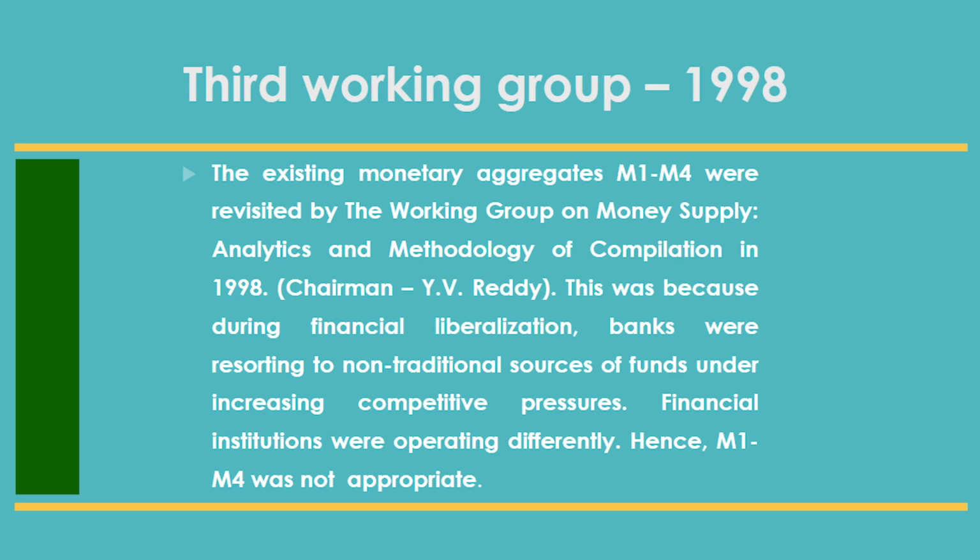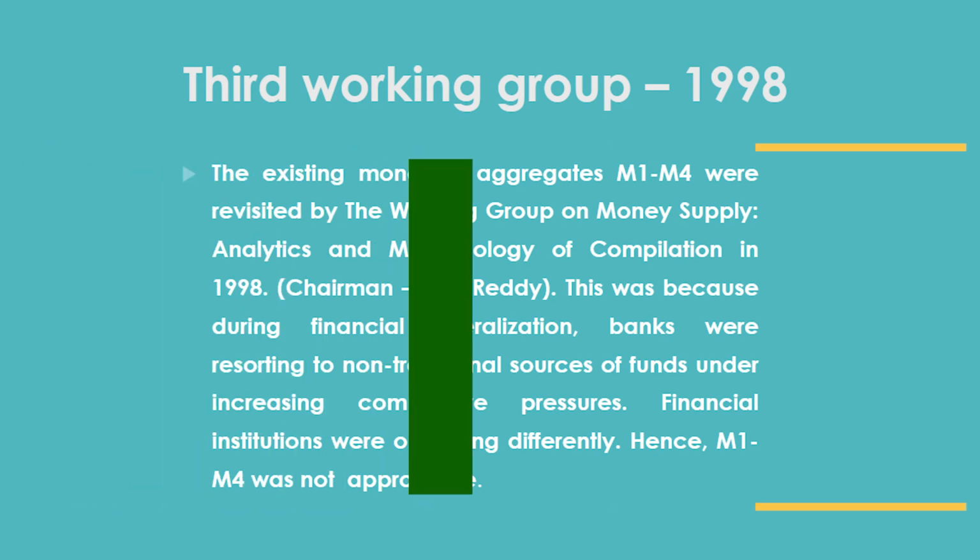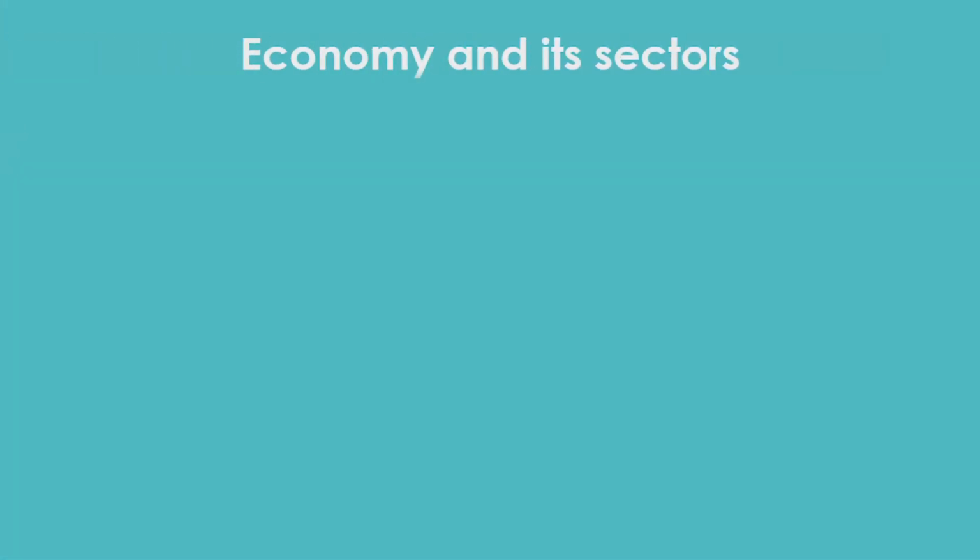pressures. So, under these circumstances, financial institutions had also started operating differently. And so, by then, the definitions of M1, M2, M3, M4 were not very appropriate to the pressing needs of the financial times. Here, before we go into the recommendations of the third working group, let us see how